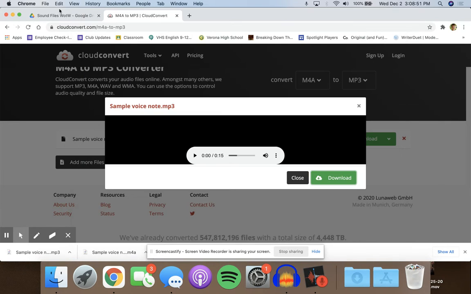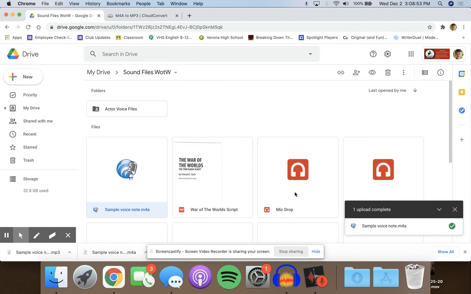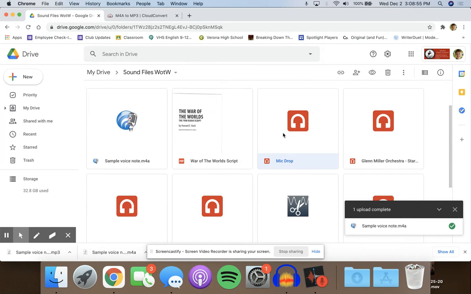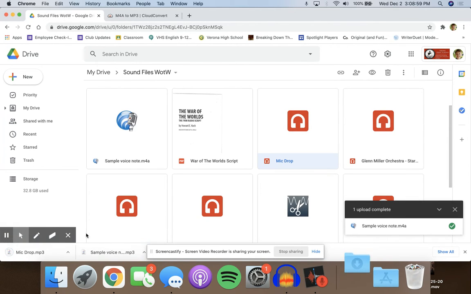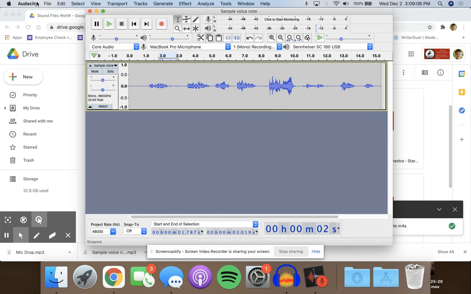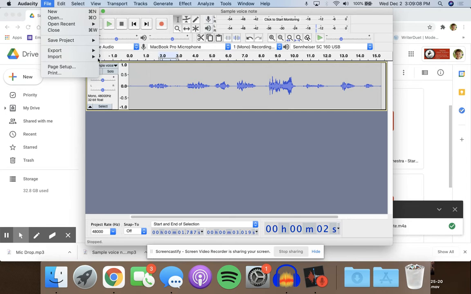Now, let's say I wanted to put a sound effect in this too. So I go back to my sound files, and let me add the mic drop because that's a good one. So let's download mic drop. You'll notice the mic drop's already in MP3 format, so all we have to do is go back into Audacity, hit File, hit Import, Audio,